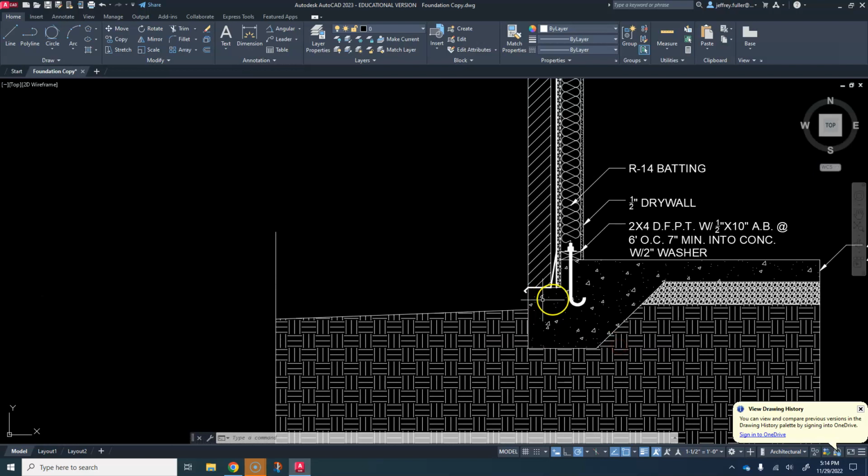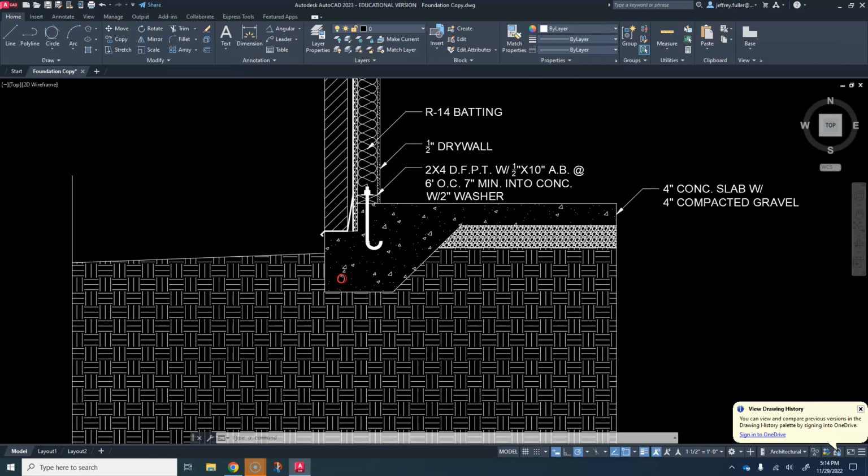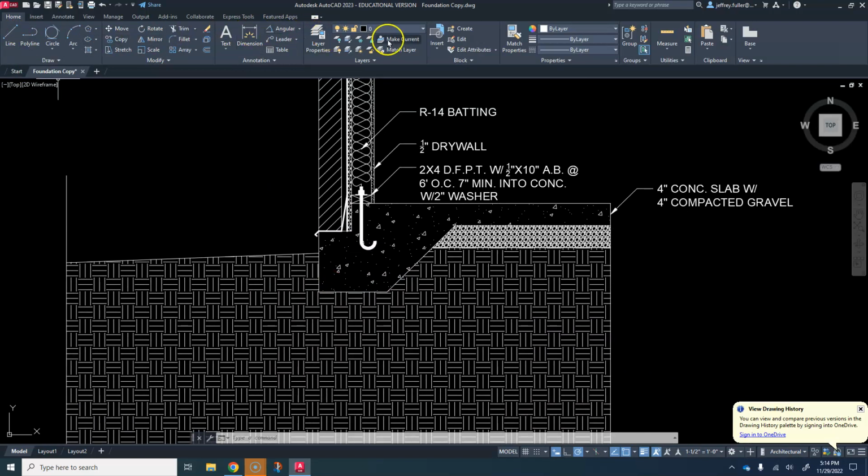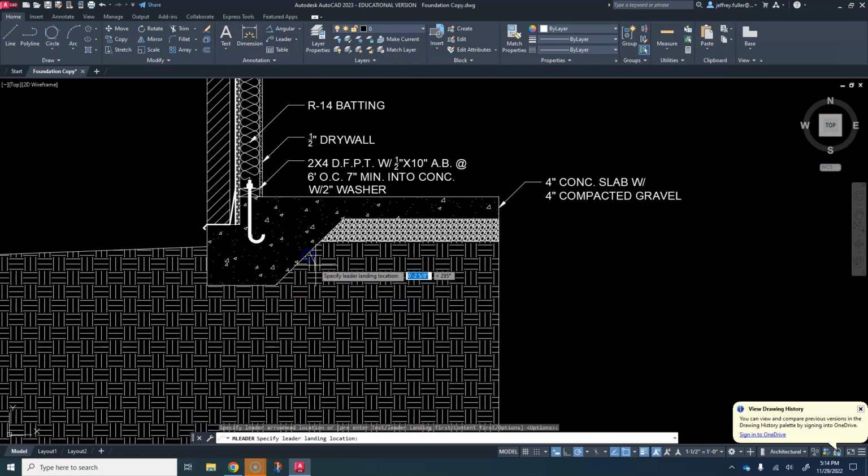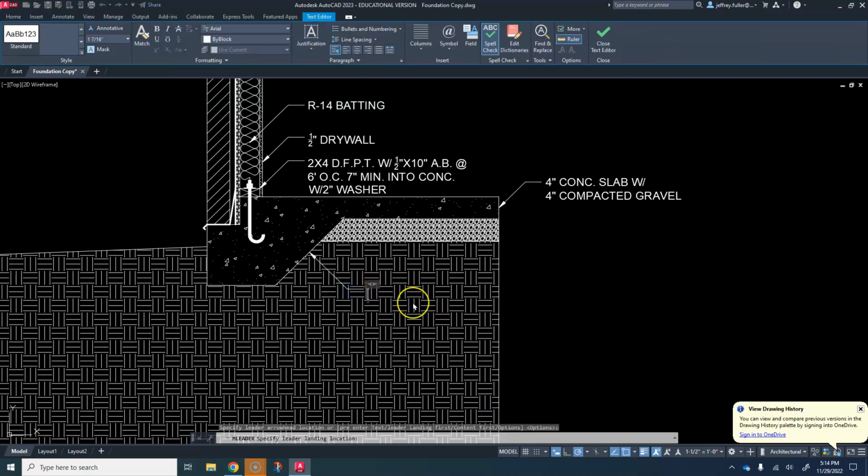Now I want to also describe this thickened footing over here, so I'm going to do another leader for that. Now I could possibly put it all in here, but I don't want to. I want to do it like this. Okay. I keep losing my leader. There it is. All right, so here I'm going to describe the footing, the thickened edge. Okay, so this is going to be a 12-inch x 24-inch thickened